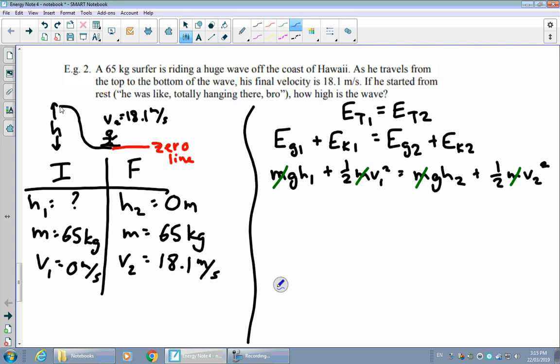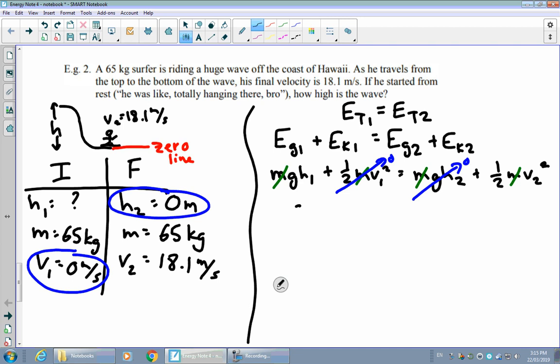Remember, the other thing we can do to simplify is look for any 0 values. And we have a couple of those once again. So we have our initial velocity is 0, so that means anything that involves v1 must go to 0 as well. So this term won't just magically disappear, but it's going to become 0 when we plug those values in. So I'm just going to eliminate it now. And we also know that h2, or the final height, is 0. So this entire term I'm going to eliminate now because it's going to go to 0 when we plug things in. In our next step then, let's take stock of what we still have left.